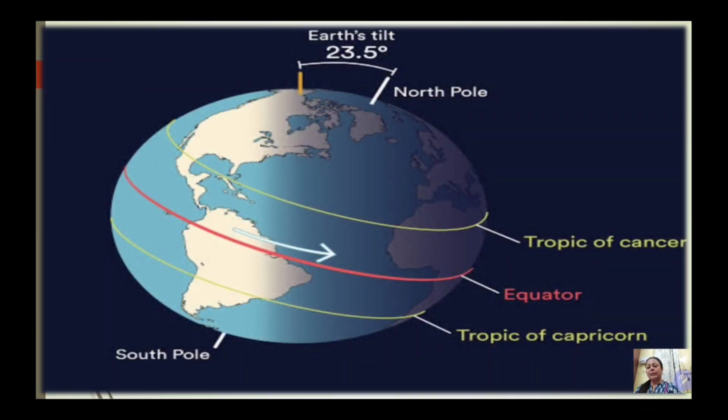So time of any place is measured on the basis of the position of the overhead sun and when the sun is at the highest point. The sun rises in the east and it sets in the west. Since the sun does not move but the earth rotates, that is from west to east, the places located in the east see the sun first and then the places located in the west see the sun later.